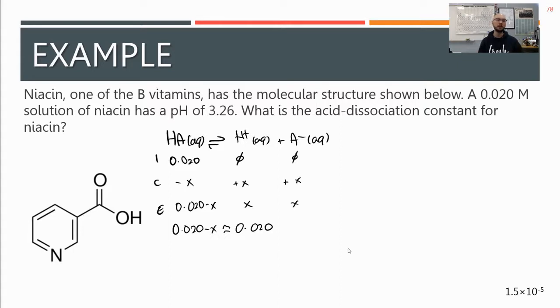So if I reverse engineer the pH to figure out an H plus value, remember H plus is equal to 10 to the power of negative pH. So this would be 10 to the power of negative 3.26. So when I do that, second function, log, negative 3.26, I get 5.50 times 10 to the negative 4